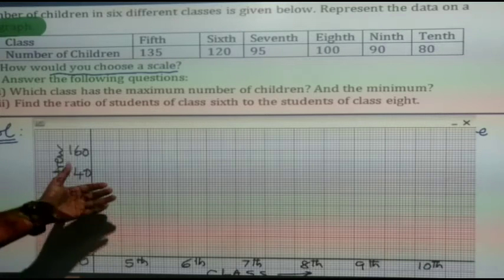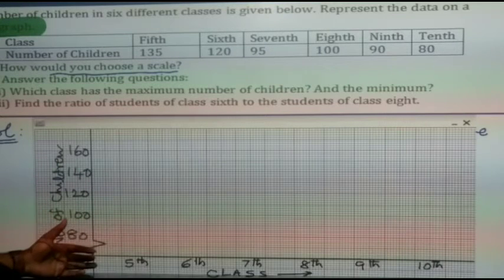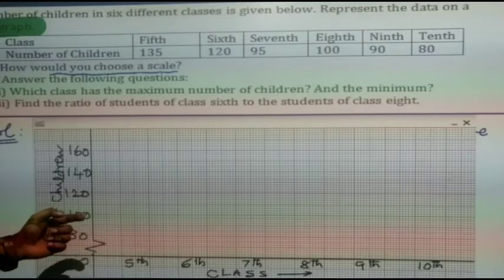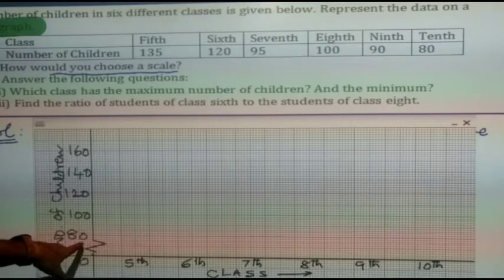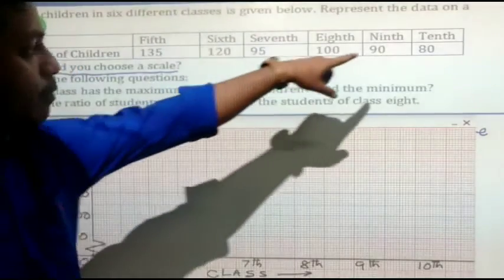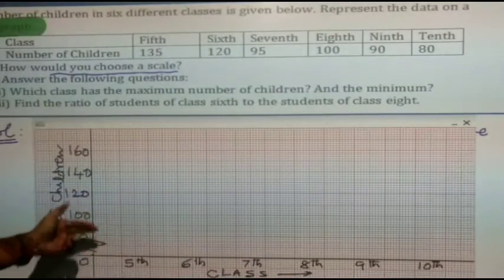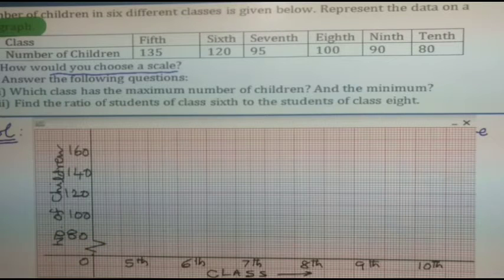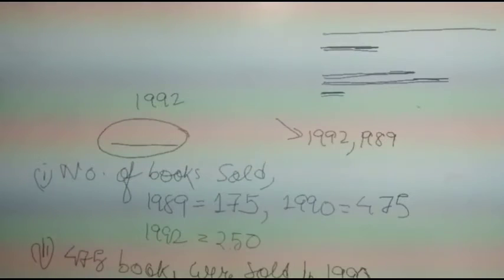Okay, now as you can see the graph, it is being chosen as 20 units. First it is starting with 80. Why have I started with 80? Because you can see the highest point is 80. The middle points are not taken here. If you see here, one zigzag line is drawn.